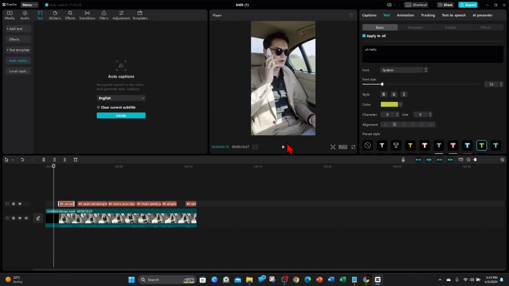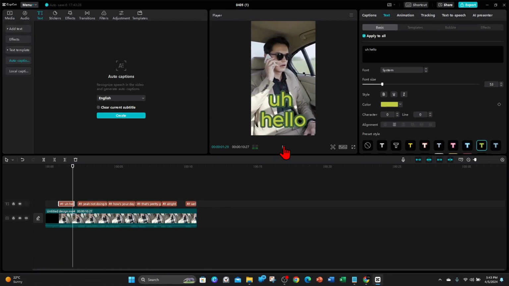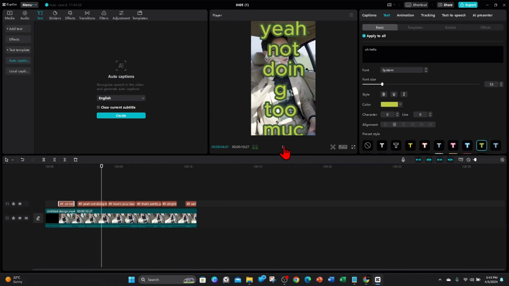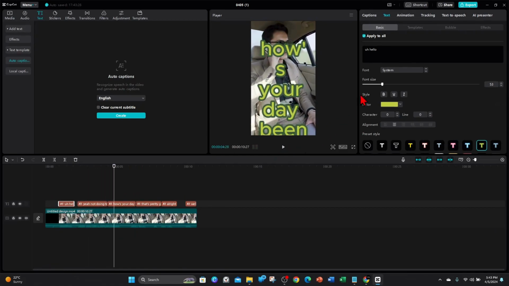And now if I press play, these auto captions will be easier to see. As you can see, it's a bit too big. So what I'll do is decrease the font size to about there. So if I go back and press play,